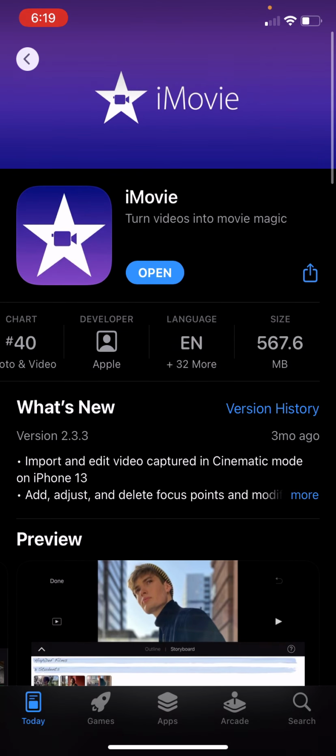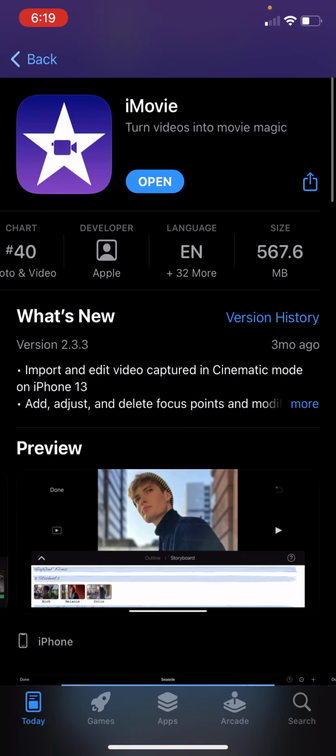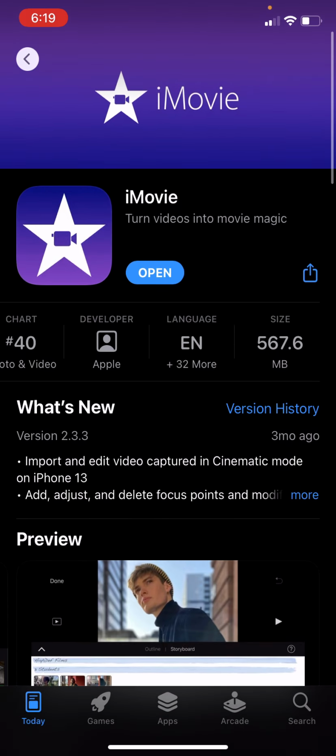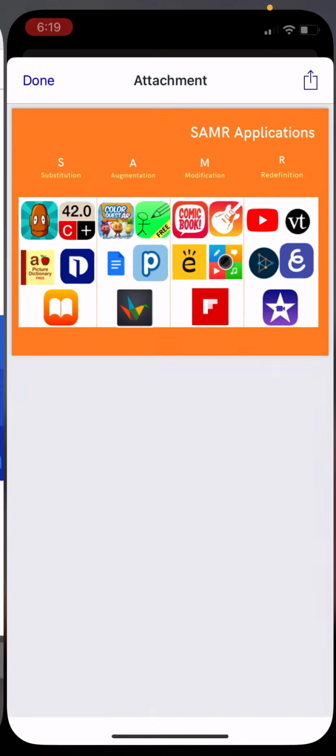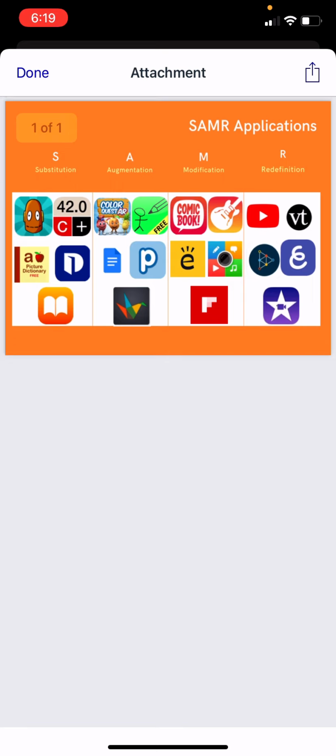We recommend this for redefinition because it allows accessibility for opportunities that students may not get in other ways in the classroom. And all of these apps, from our research, they all look to fit these certain categories. And these can all be used in a classroom setting in different ways to enhance the learning.